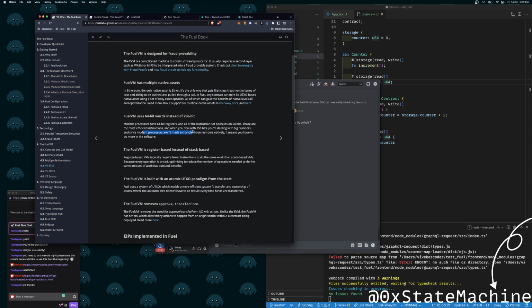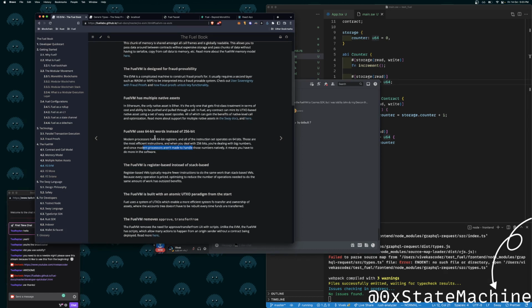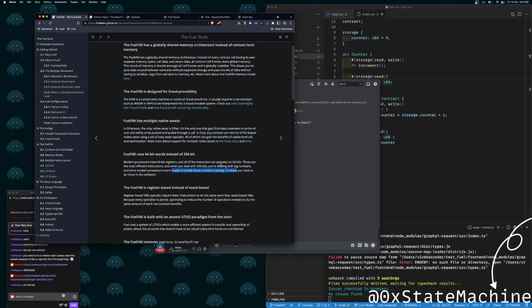How are you going to store them? And why is it that modern processors have this instruction set, those are the most efficient instructions. When you deal with this, you're dealing with big numbers, right? Since modern processors aren't made for that, how are you supposed to deal with really large numbers? That's actually interesting,